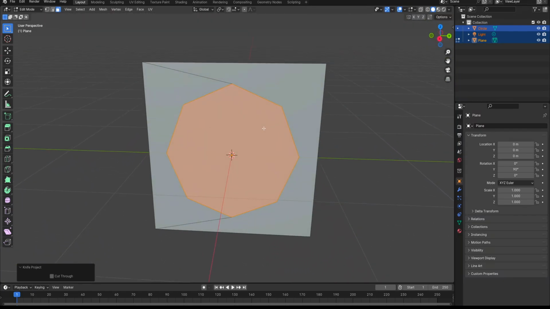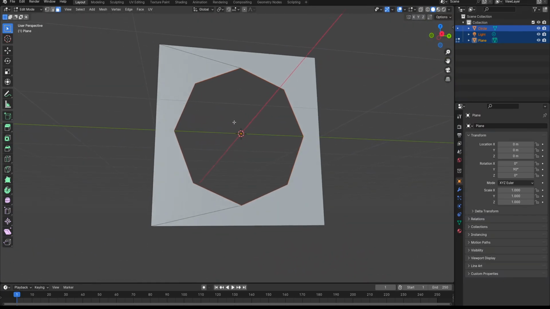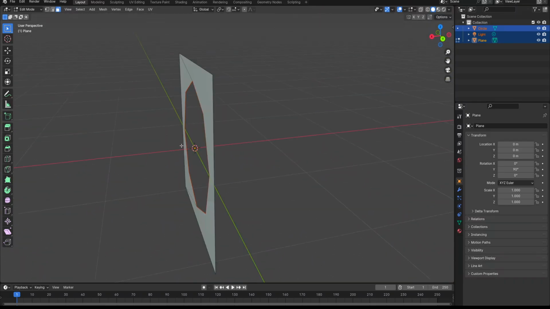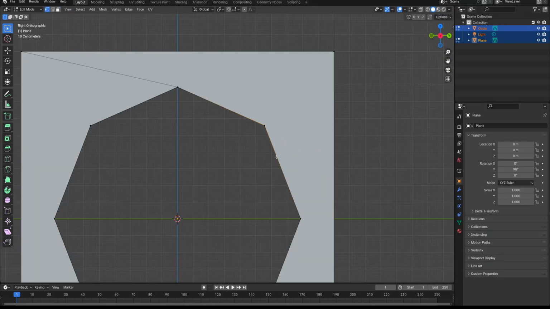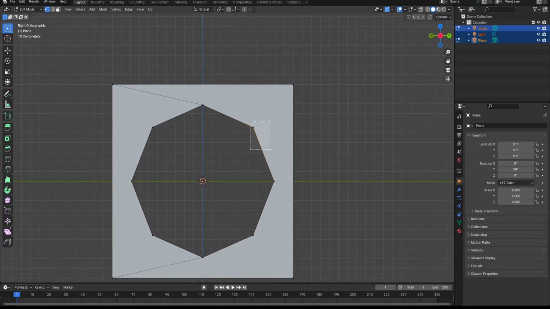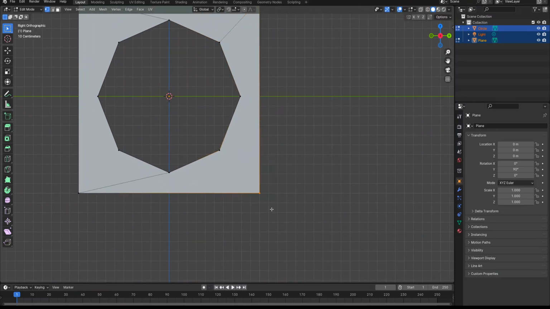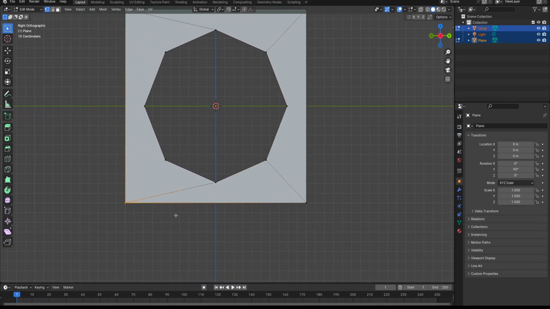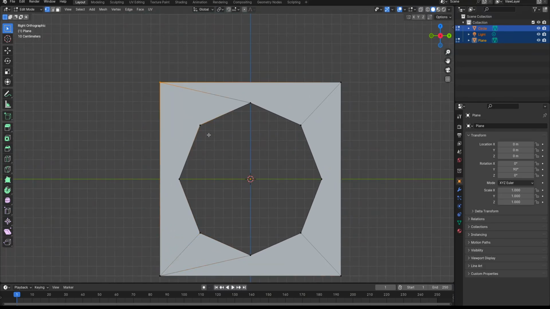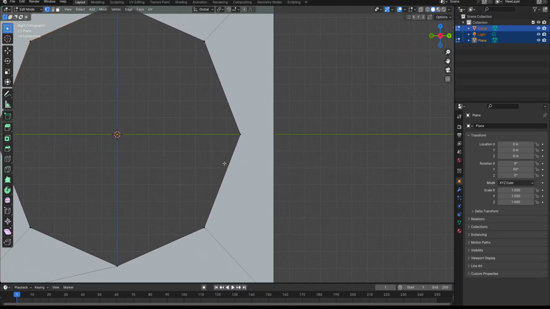So what I'm gonna do, I'm gonna leave that face and there we go. So we got the hole. So basically I need to connect that as well because I can't leave that open. So press F to fill the corners here. There we go. So now I'm gonna press K to enable my knife tool, and then I'm gonna enable my